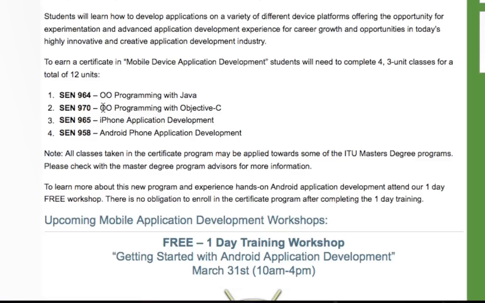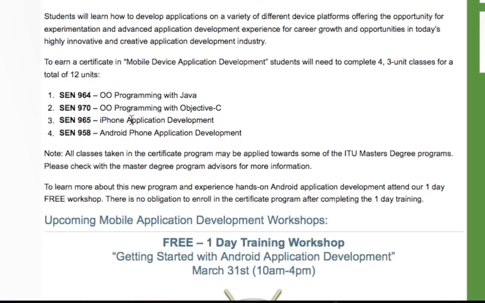And let you know how that stuff works. The object-oriented programming with Objective-C course will probably be taken simultaneously with the iPhone application development, because the iPhone is done in Objective-C. And sometime around the beginning of summer, I'm going to have another workshop for iPhone, and so it'll rotate every other one. So I'll be offering another free workshop towards the beginning of the summer term.